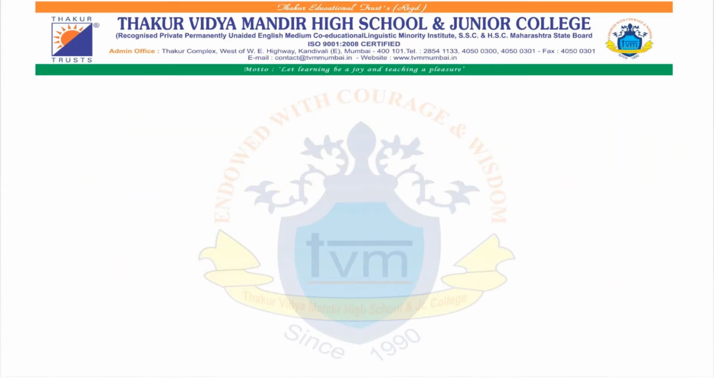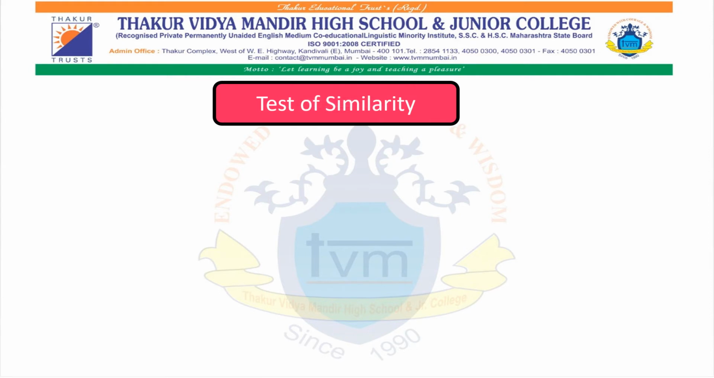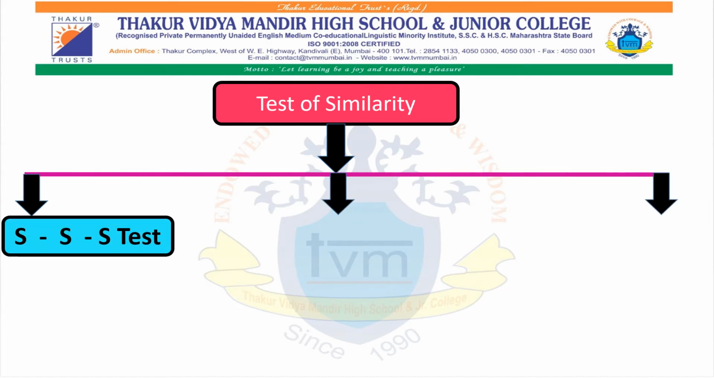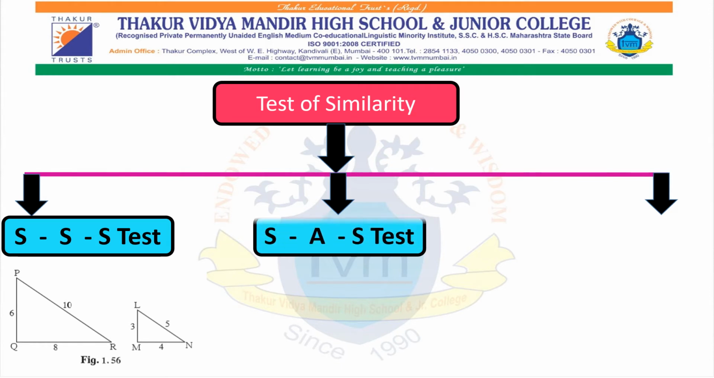Now let us see the tests of similarity. There are three tests of similarity which you have already done in standard 9th. The first test is the SSS test, where all the three sides of triangle PQR are in proportion to the corresponding three sides of triangle LMN. So you can see PQ upon LM, PR upon LN and QR upon MN. The ratio is 2:1. The next test we have is the SAS test,